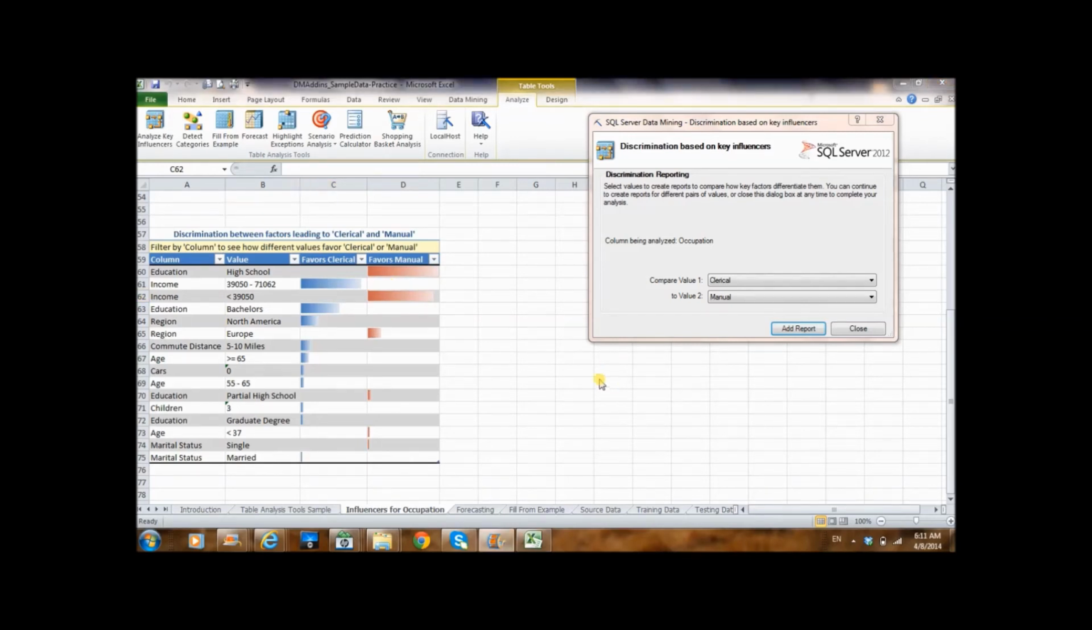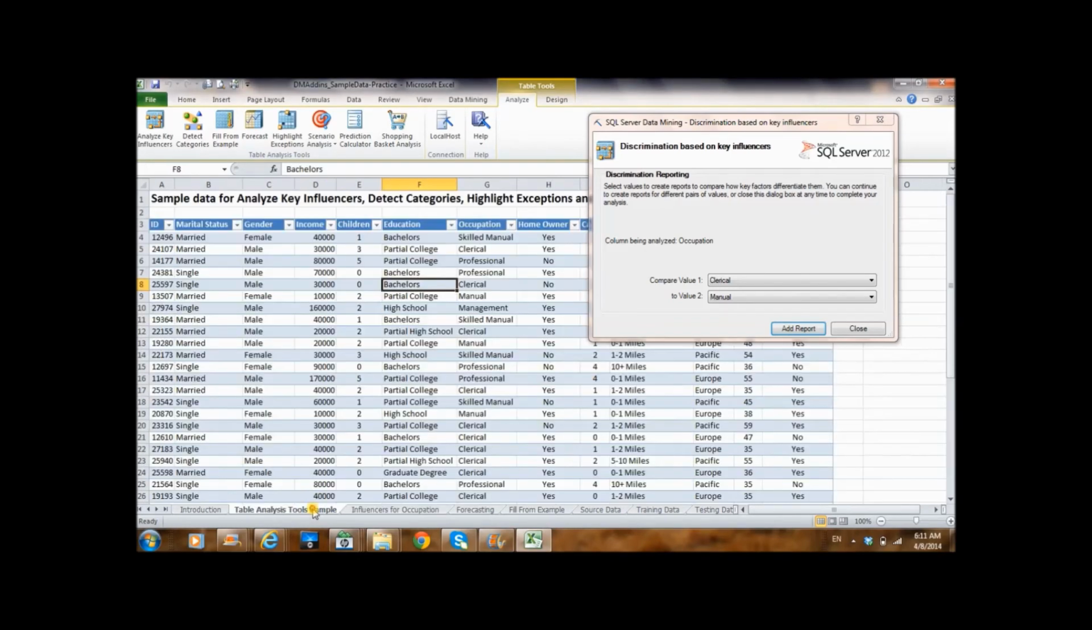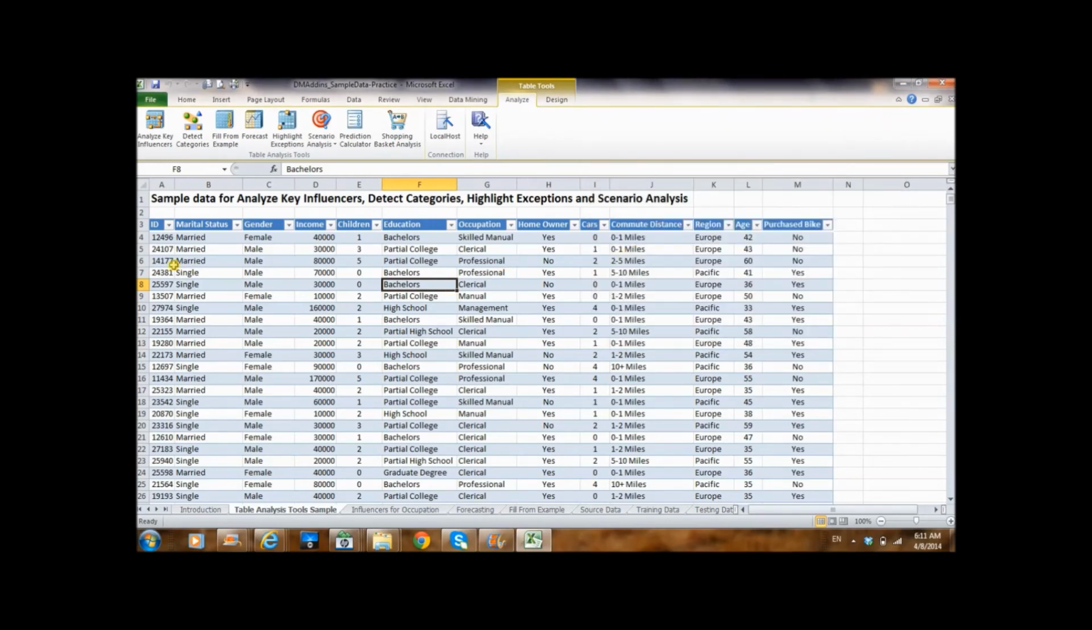Alright, let's do one more analysis as promised. Go back to our original demographic data of our customers. Again, we have a lot of factors here. Let's analyze what the determining factors are for purchasing a bike. As the owner of this store, it's very important to know what type of person actually buys your bikes